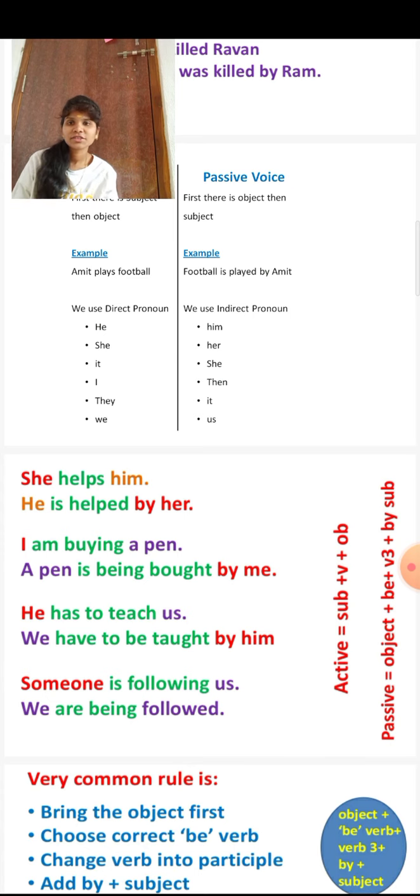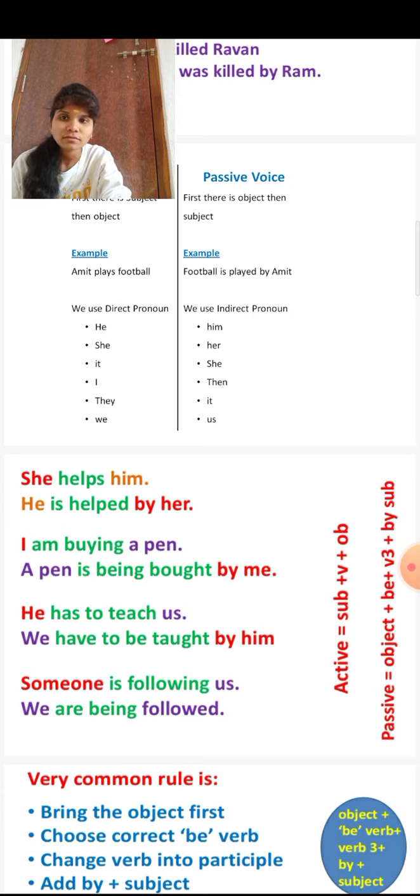For example, Mary washes the dishes. Subject is a doer, Mary, and active verb is washes, and object is a receiver, the dishes. So when we translate the sentence from active voice into passive voice, the receiver will become the subject, and the doer will become the receiver. Now: the dishes, passive verb, are washed by Mary. So this is the sentence.